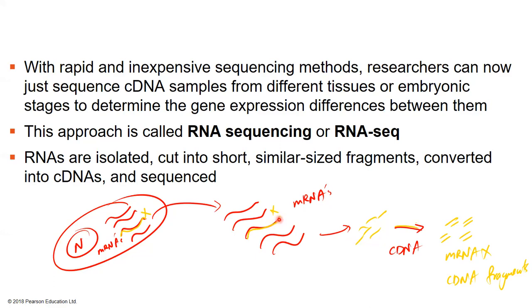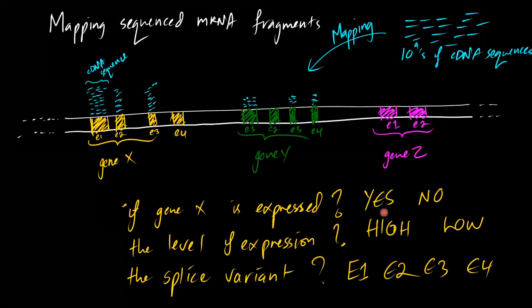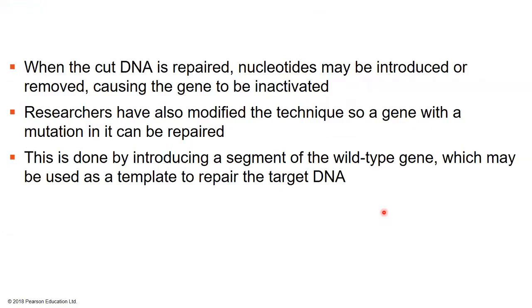Of course, we have other fragments from other mRNAs, and we have cDNA molecules from other mRNAs. But here we're just focusing on mRNA X. So if we go backward,